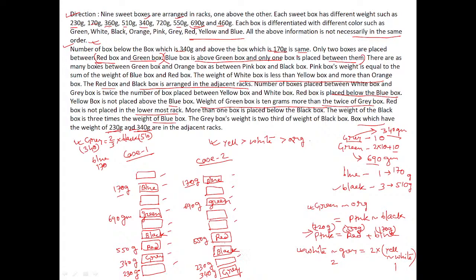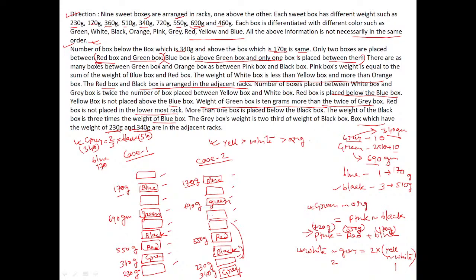So if 2 boxes are there, the red place would come for white, but this is already occupied by red. This does not satisfy the given condition. So we have to move the even number value, either this 2 box, this 2 box, or this 4 box, we have to take in a set. So 1, 2, 3, 4. So white can be here.